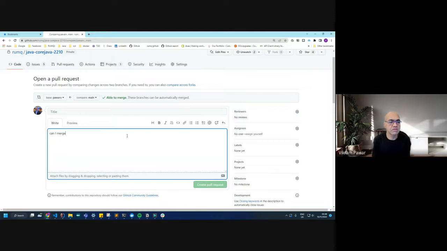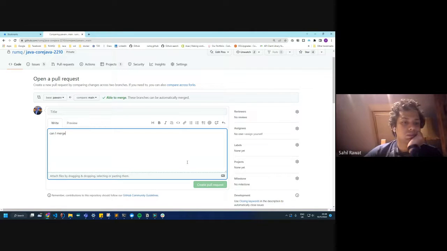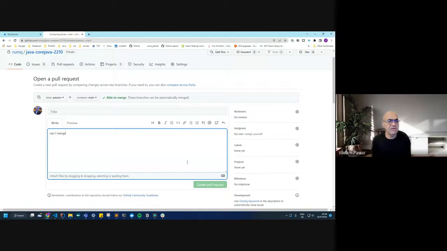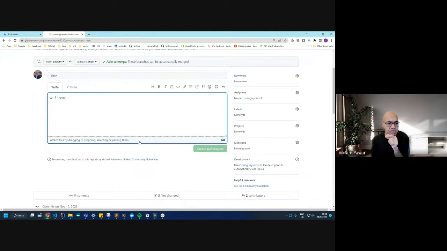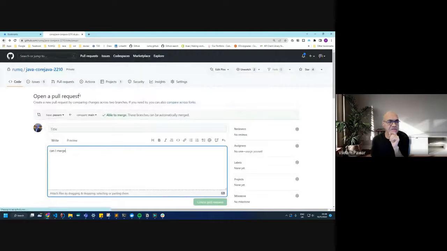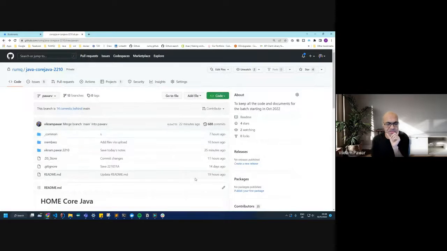I think if you try to create a pull request, it will merge pawarv into main instead of merging main into pawarv. But I'm thinking it should be all right. Or let me not do this for now. Let me just show the demo, because I don't use this at all to do my merges. Let me continue with this for now. You all create your own branches, and then we'll start using the codespaces. Okay. So the way to do it is